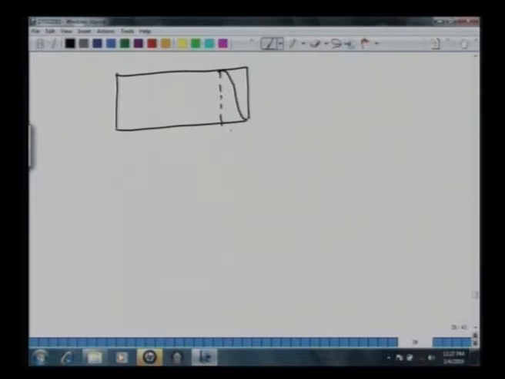So let's make a profile like this. This is the MTZ, mass transfer zone. The total length is L here, and let's mark this number as LB. Now when the wave reaches here, or when the profile reaches towards the end, if you want to monitor